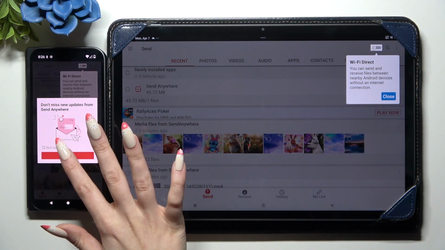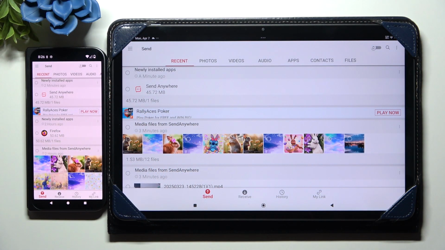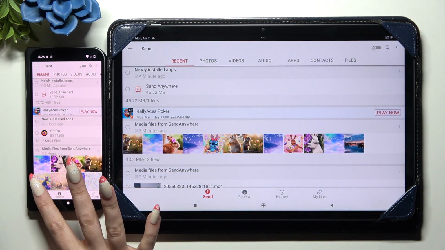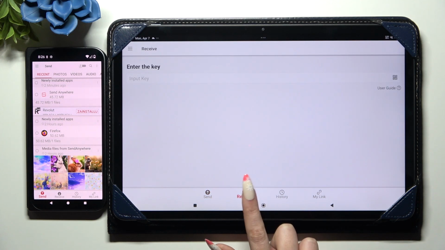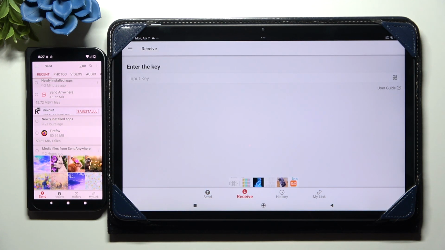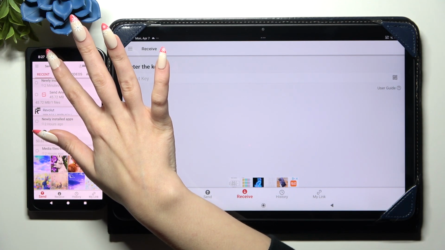In this pop-up, tap on whatever you want to and then hit your device's displays. Now select Send at the bottom left corner of your Android and Receive right next to Send at the bottom of POCO Pad. Also on an Android, using all of those categories at the top,